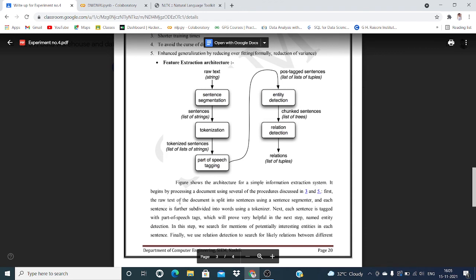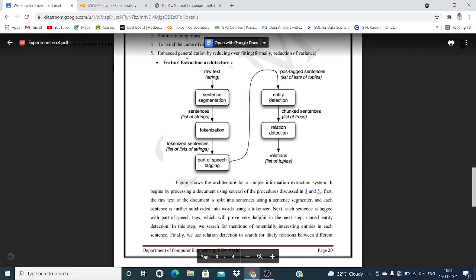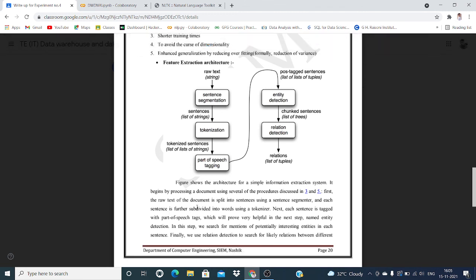First, the raw text of the document is split into sentences using a sentence segmenter. Now you can see here, each sentence is further subdivided into words using a tokenizer. Next, each sentence is tagged with part of speech tags. We can see here the part of speech tags, which will prove helpful in the next step, namely entity detection.